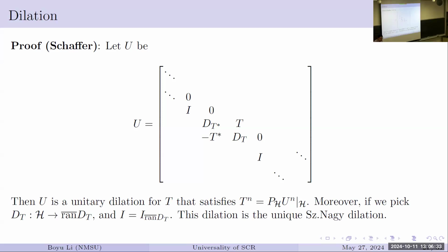Moreover, it turns out this is the unique, or the smallest, unitary you can get. If you do a little bit more careful job, you take this T, not making it H to H, but instead you take it from H to its range, and you add a smaller space here and keep shifting a smaller space, then you get a minimal dilation. The reason it's minimal is that if you have a unitary dilation that satisfies the Sz.-Nagy condition, then it's going to be a direct sum of the minimal one with something else. So you cannot go smaller than that.